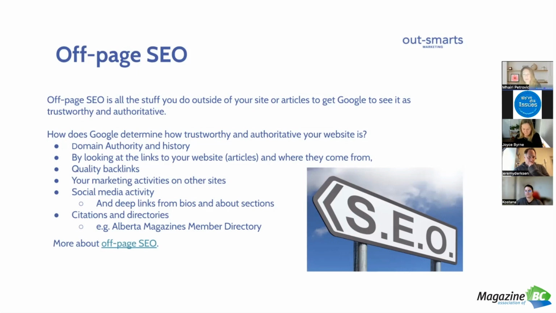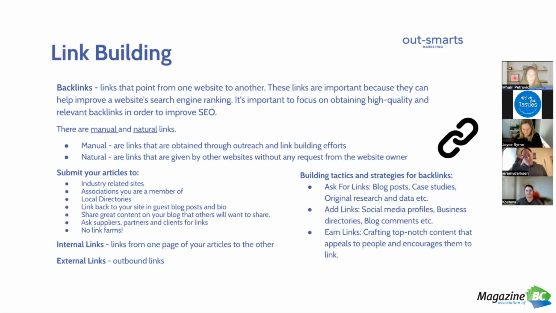There are two key ways, and the key involves links. We actually conducted a wee experiment. I'm hearing all kinds of things about AI, and I'm sure you are right now. AI can write articles. So we conducted an experiment on our website, on our blog. We had AI write an article, and we had a writer who's a really fabulous writer write an article. And what we found is that Google likes writers. They like proper, real writers. They're not so keen on AI at this point. Who knows what's going to happen in the future?